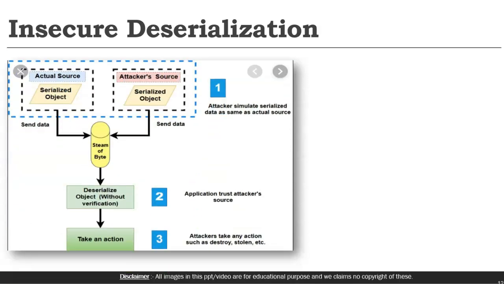So in the example, if you see, this is, let's say, an end user application. This is actual data, let's say gaming data, that is being sent to the server in this serialized form, where the plain text is converted to the object, and this object is again converted to plain text at the server end, and this is the trusted data flow. In case an attacker uses the same mechanism and sends the data, and it is deserialized at the server end without validation, it can take actions like destroying the data, stealing the data, or remote execution. So this is how deserialization attacks occur.